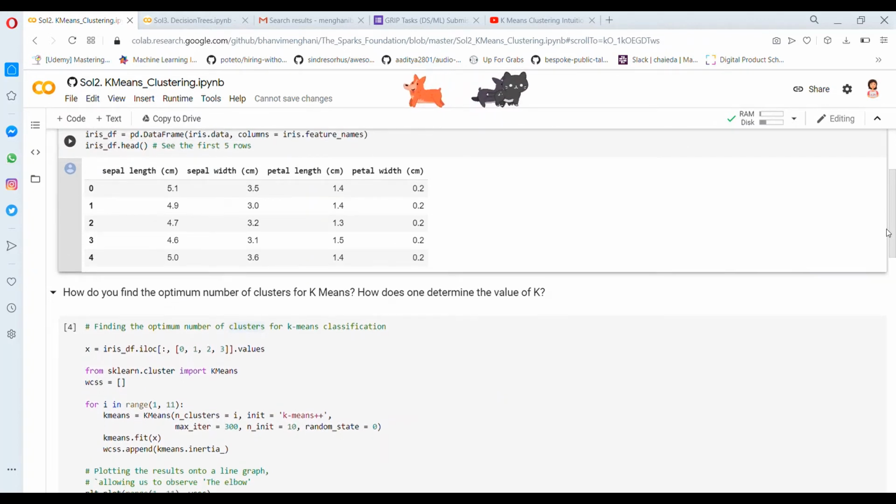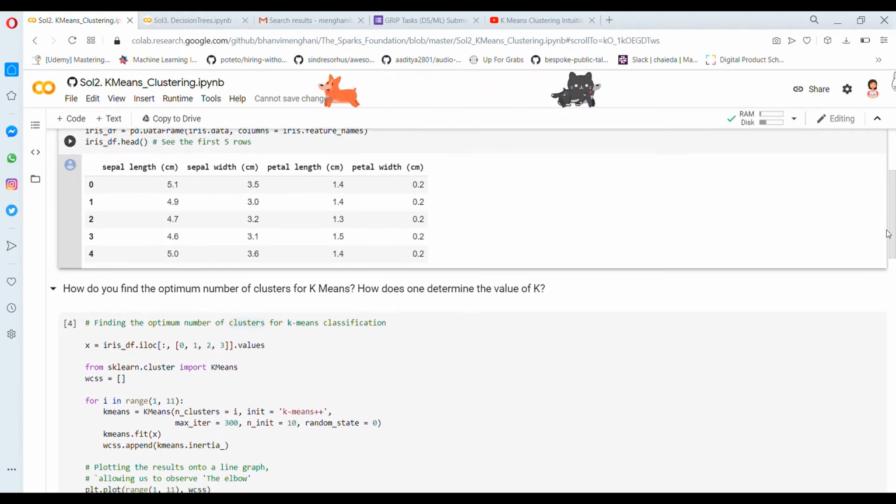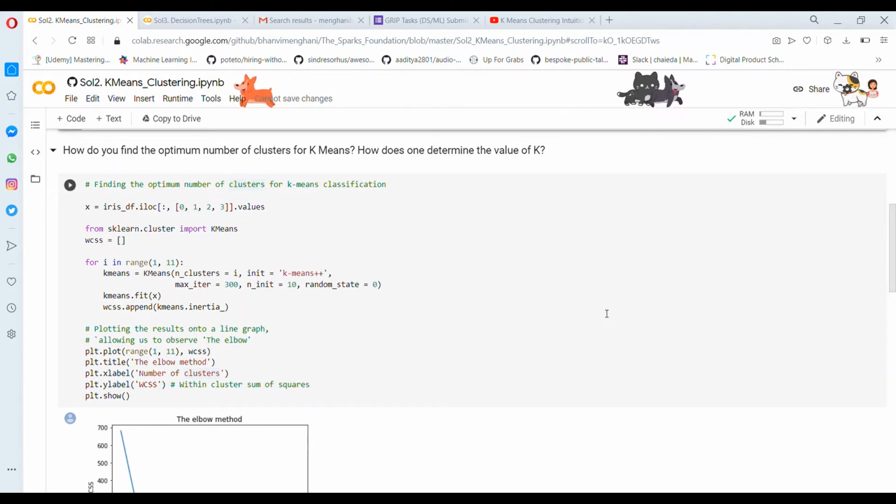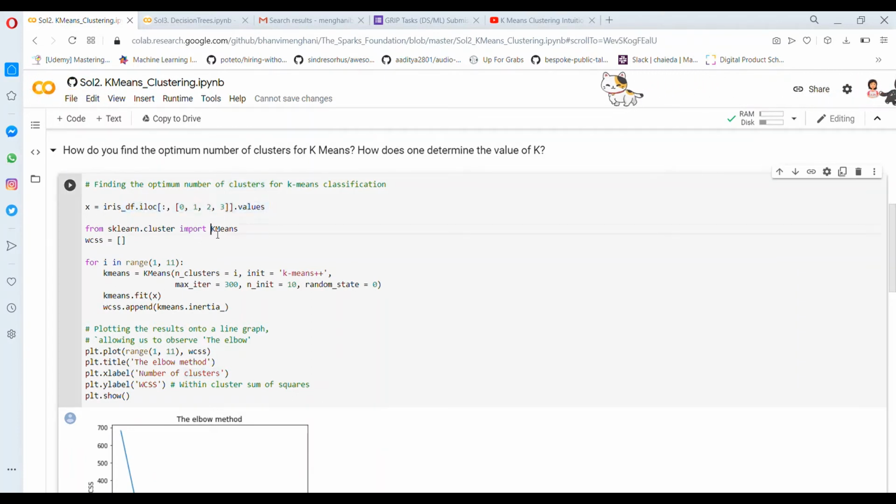Next, to find k-means, we need to arrange the data into clusters, and for the clusters we go in search of the optimum number of clusters, the accurate number of clusters which we would require for a particular data set, and for that we use the popular elbow method.